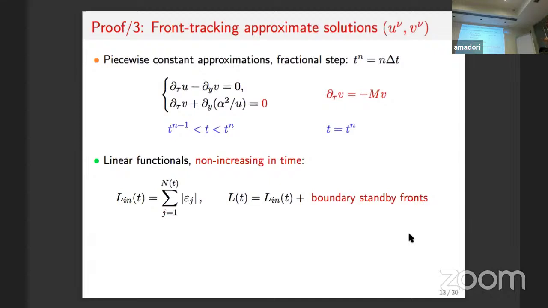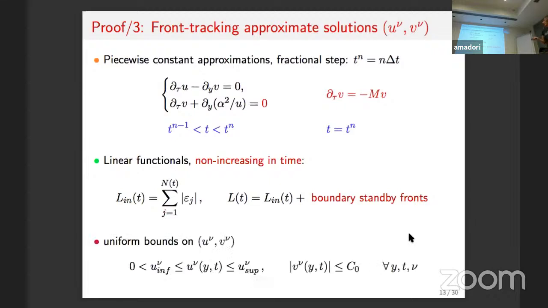Then we have another function, which is the capital L of t, which is the sum of this L in plus the fronts that have reached the boundary. The ones that reach the boundary stay on the boundary forever. So what we do, to not lose the information of what reached the boundary before, is park them at the boundaries. So these two functionals are non-increasing in time,